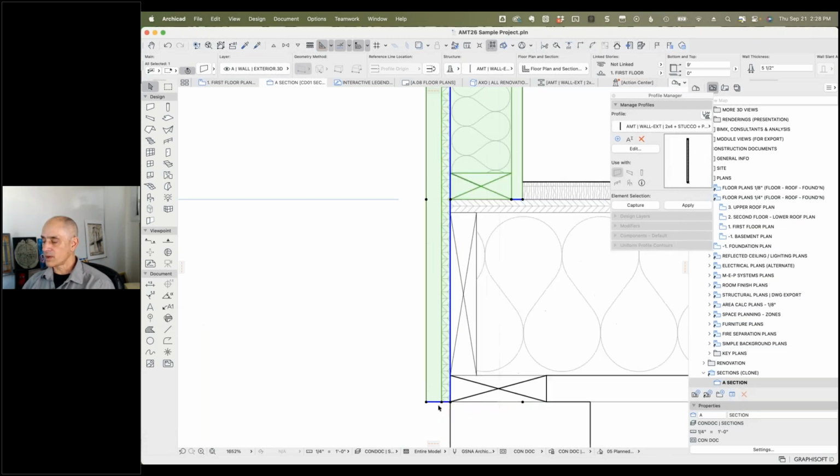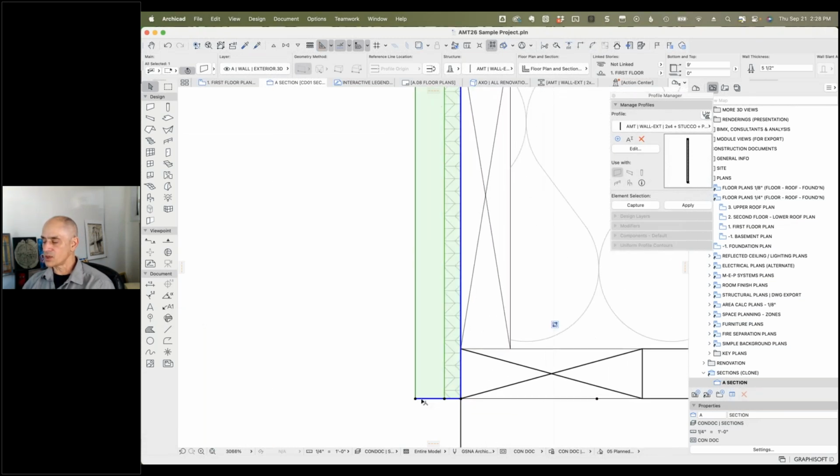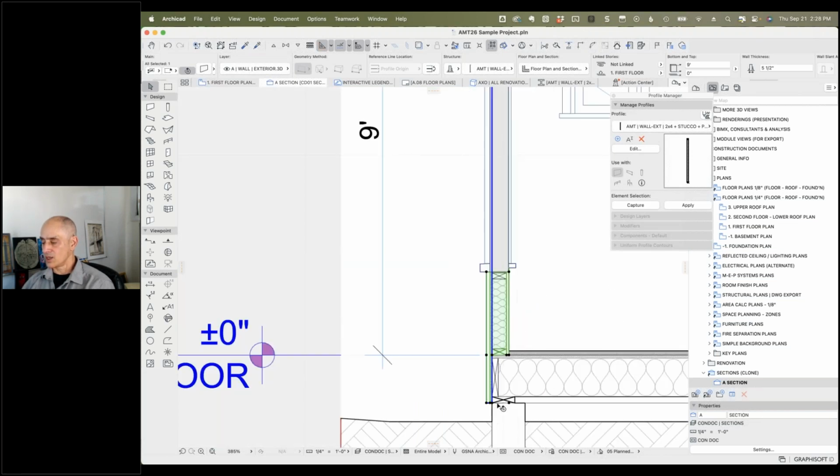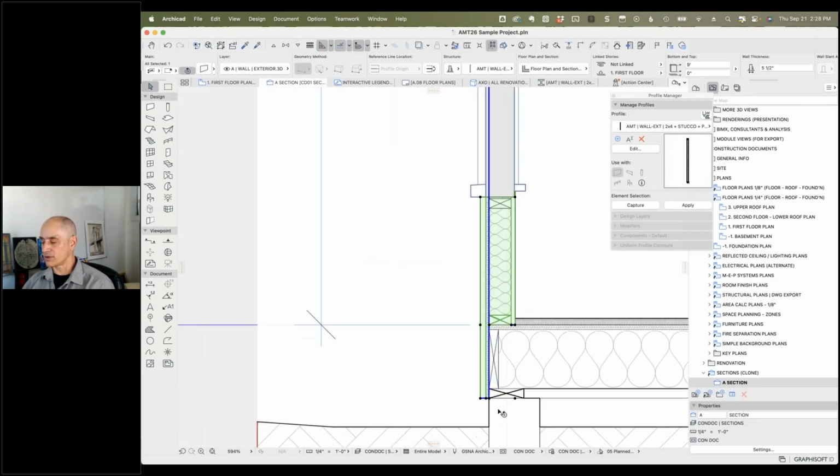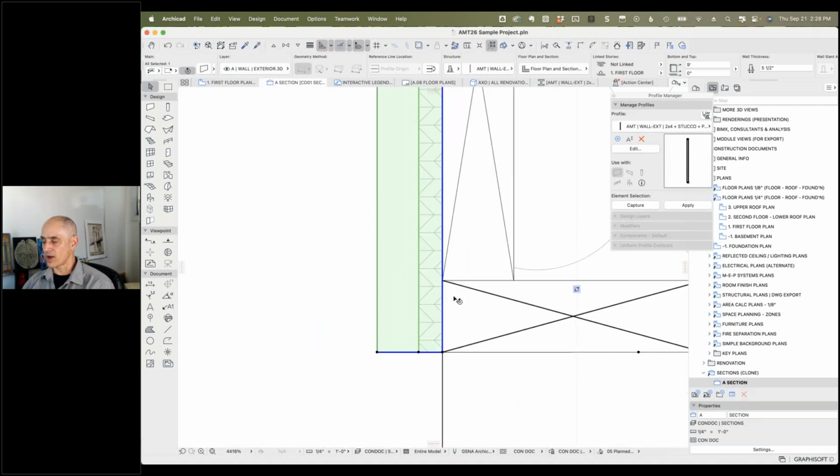So if I have this open in a section, you can see that this has a blue line. This is a blue line here. This is the line in line with the reference line of this wall. So that's set up carefully to match the framing. So we're putting it right on top of the foundation wall here. But this blue line indicates that I can select this